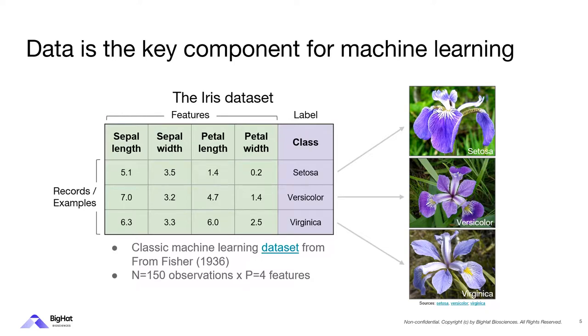In machine learning parlance, we would say the n is 150 observations here, and there are p = 4 features used, and 1 output label, which has 3 different classes it can adopt: the setosa, the versicolor, and the virginicum. I show examples of the 3 different irises on the right. This data set is used to